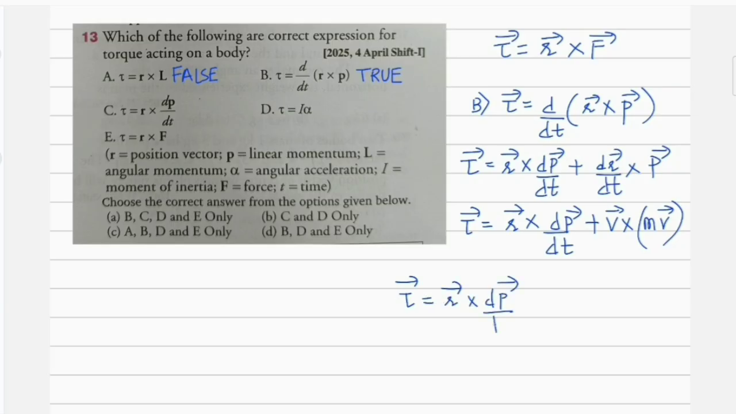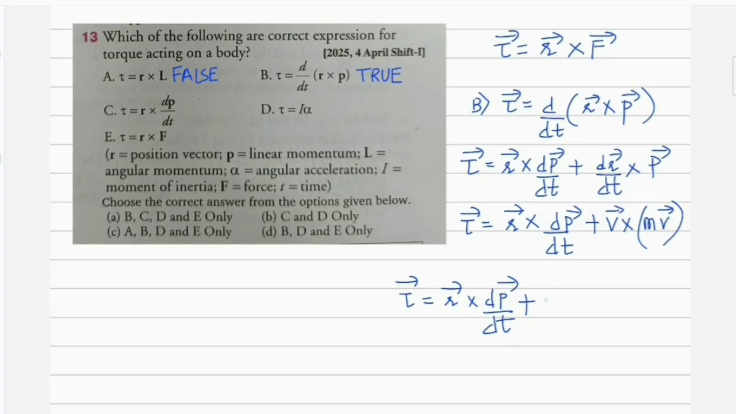Correct, students? One term as it is and you take the derivative of the second, then vice versa the second time, and put a plus sign in between. Be a good observer. Now tau vector is r vector cross dp vector by dt, plus, students, what about dr vector by dt? That's v vector cross p vector. Linear momentum is m times v vector. So this simplified version looks like tau vector is equal to r vector cross dp vector by dt plus